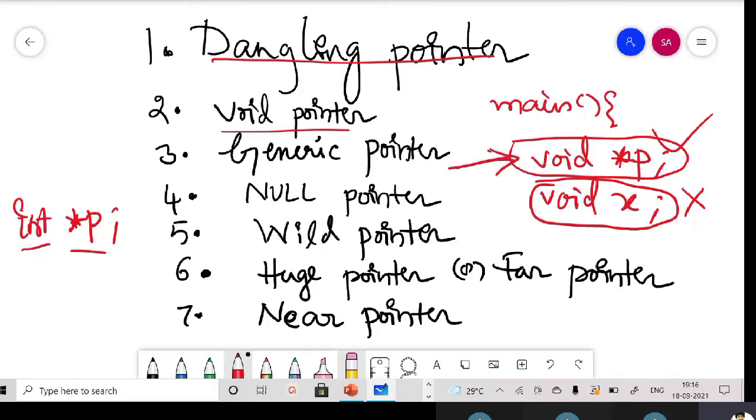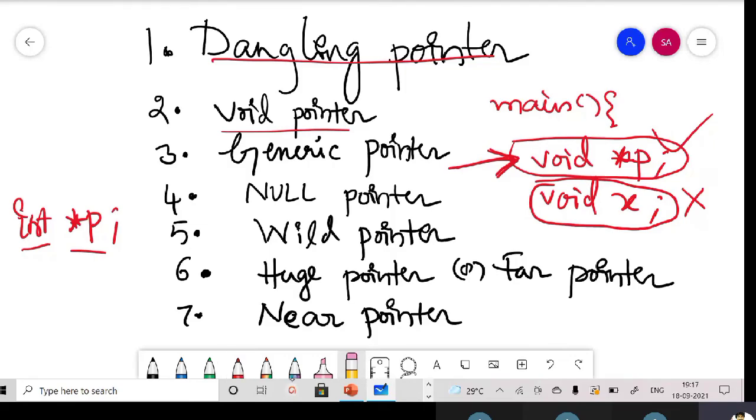What do you mean by generic, ma? Applicable to all, right? Generalization. Yes, sir. It can be applied to all. So I can say that a void pointer is a generic pointer because it has the capacity of holding the address of any kind of data by using typecasting, right? So in simple terms, void pointer and generic pointer are both the same, right, ma? Yes, sir. Okay, so that's the thing.